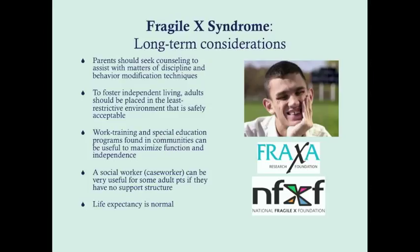There are some foundations for Fragile X syndrome, where parents and patients can get information regarding their syndrome, support groups, and whatnot. A social worker can be really useful for some adult patients if they have no support structure, because a lot of these adult patients are going to be on the lower side of the IQ range, and so a caseworker can be useful to help them apply for benefits, welfare, unemployment, and anything they may need as far as medical insurance. The life expectancy with Fragile X syndrome is normal despite all of these